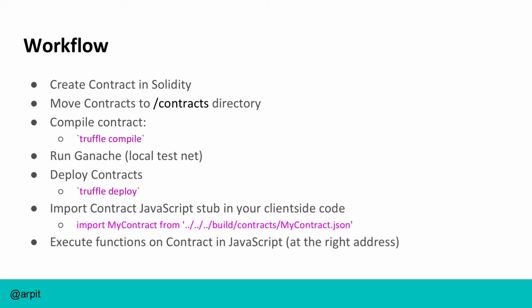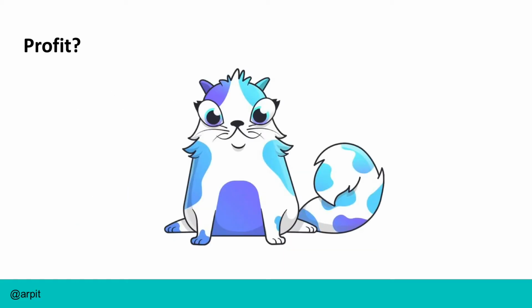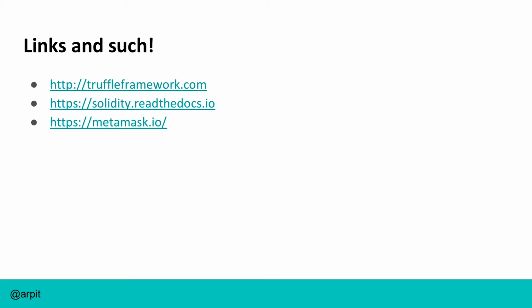Execute the function in JavaScript. Every time you actually execute a function, MetaMask will come in and say, hey, how much gas do you want to attach to this, and how much Ether do you want to attach to this? And you can profit, right? This is kind of how CryptoKitties and all these new apps are being built. If you haven't read about CryptoKitties, you totally should. It's a fascinating project, and they've made a lot of money, and they use this workflow.